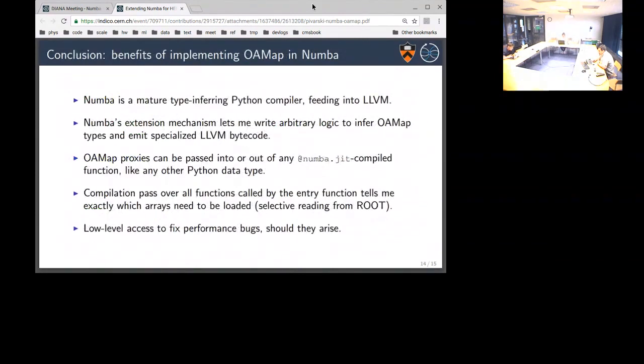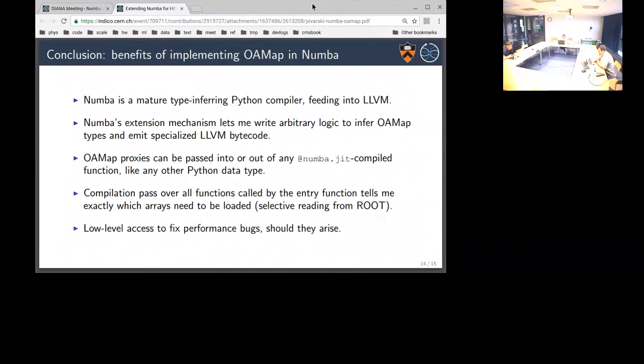Numba is a mature type-inferring Python compiler feeding to LLVM, so there's a lot that I didn't have to do. Numba's extension mechanism lets me write arbitrary logic to infer OAMAP types and emit the right specialized bytecode. The OAMAP proxies can be passed into or out of any JIT-compiled function like any other Python type.